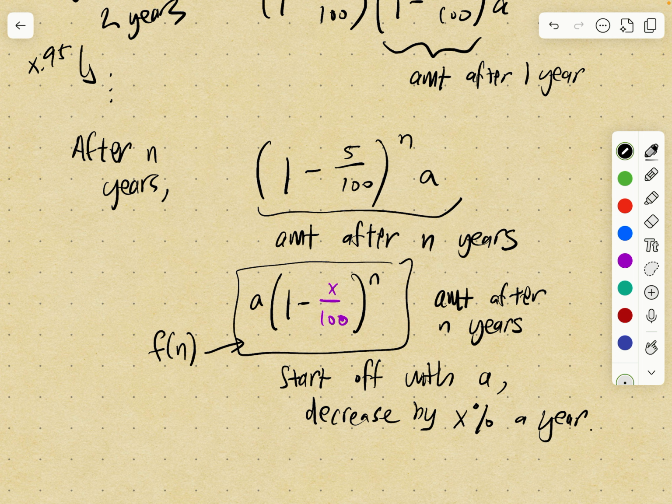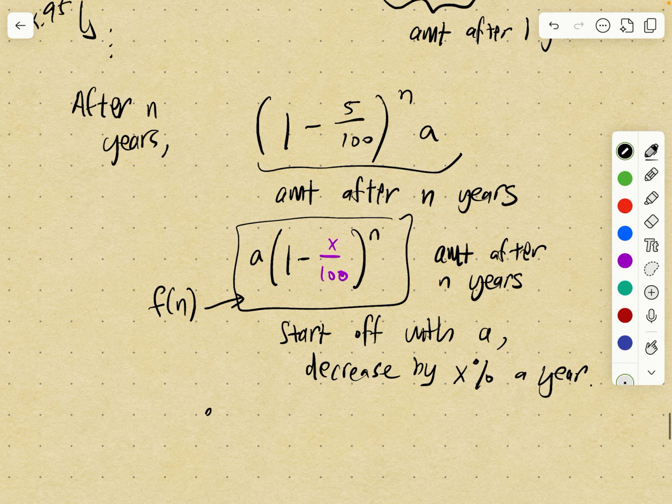If instead of years you had months, then n would be in months, but you would have the same formula. So this would be exponential decay,